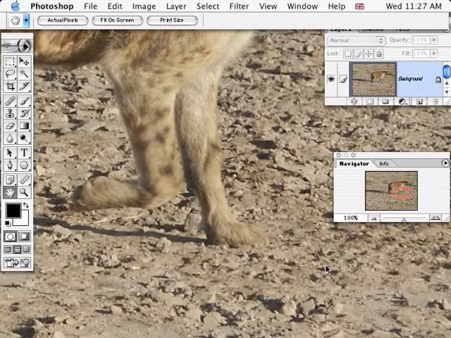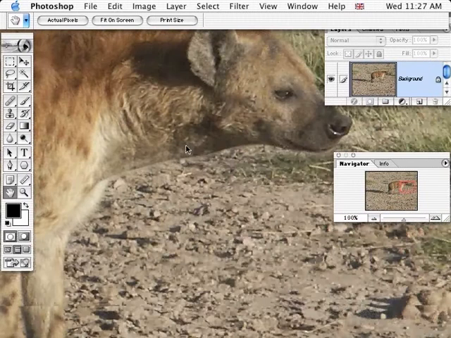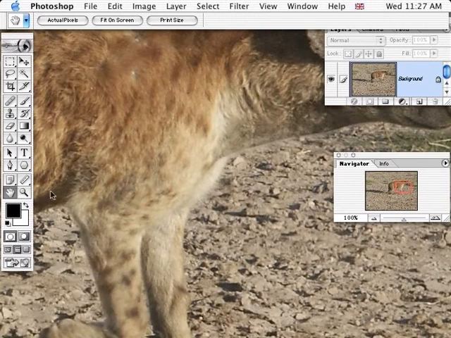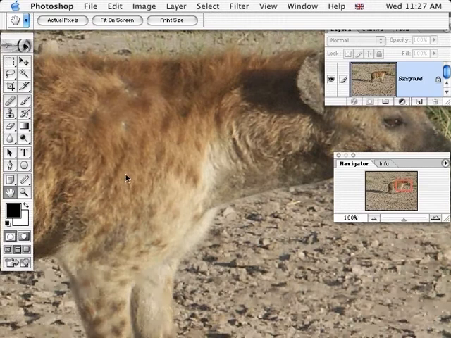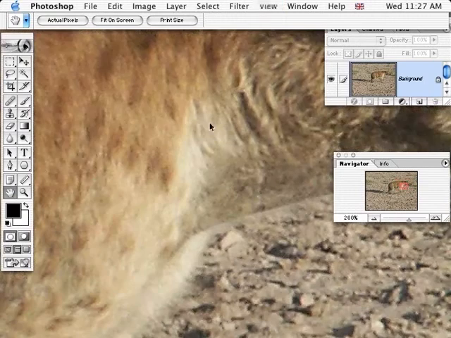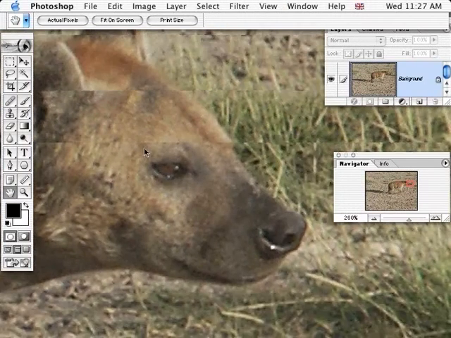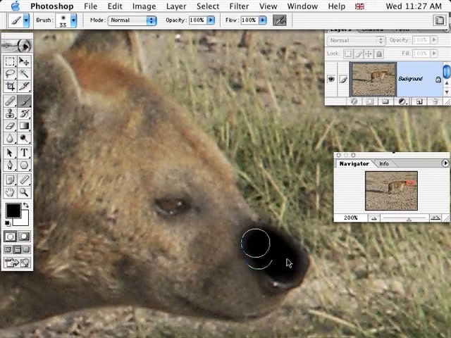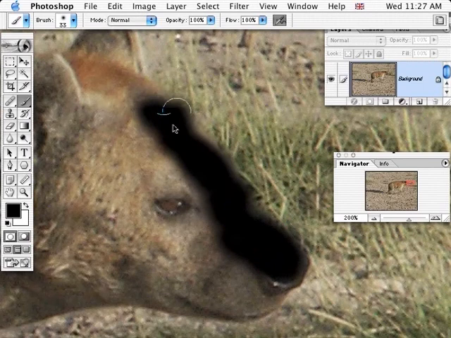The hand tool. Now the hand tool is very handy, no pun intended, to move around the screen in close-up mode. So you just click and drag while you've got the hand tool selected. If you've zoomed in, then you can work on an area with another tool. Let's go to the brush tool, for example, and let's say we were spraying some black brush onto this beastie